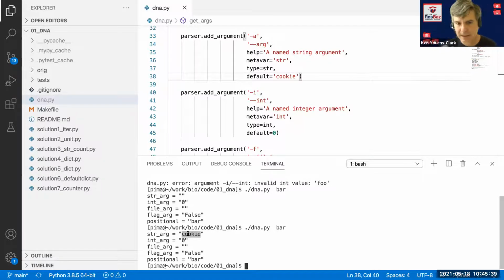So one of the reasons why this is important is because the goal is to create a program where you can change the behavior of the program without changing the code. So if you're used to writing, say, an R program or maybe a Jupyter notebook, and you have an input file that you want to work on, you're probably used to changing some line in your code that says input file is this directory name.